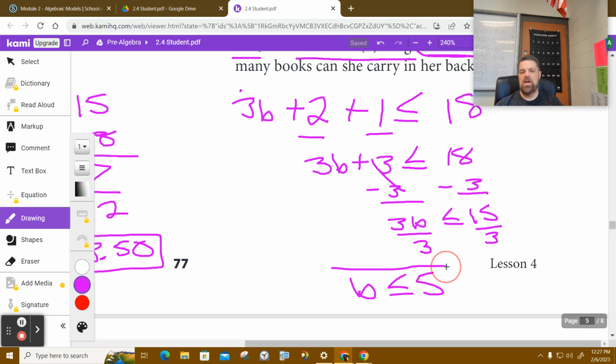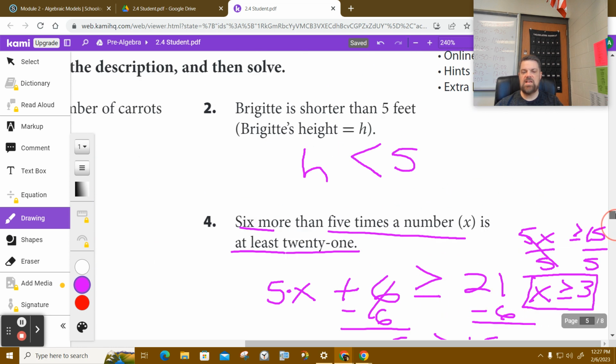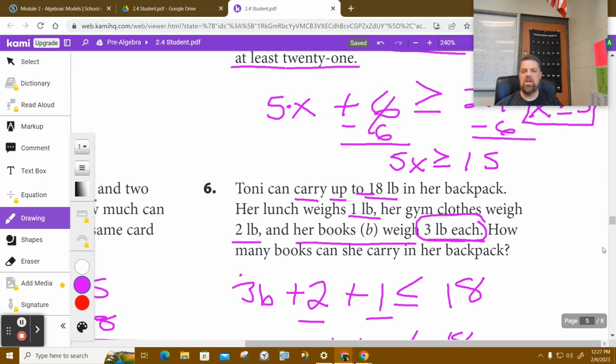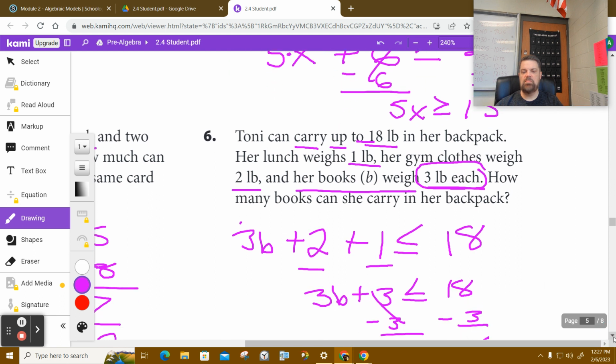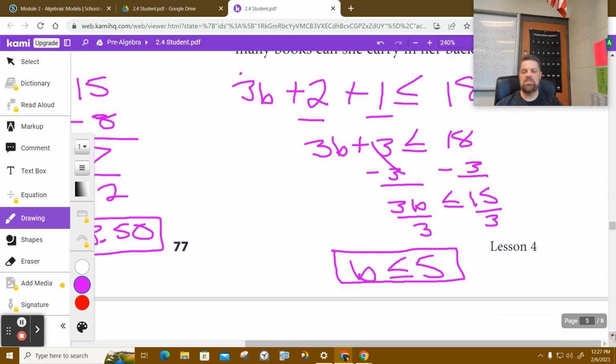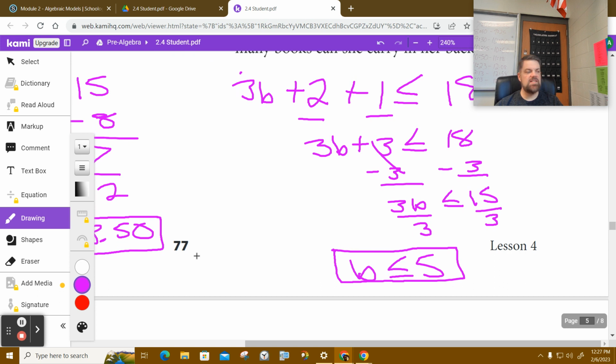So Tony can carry. It's interesting, I kept saying, oh, they said her. Yeah, because I think girls will spell their name Tony with an I, and boys in general spell it with a Y. But anyways,